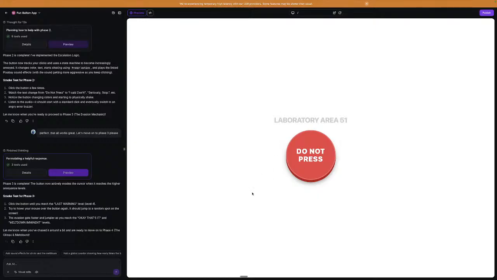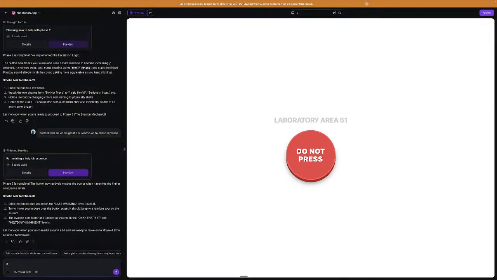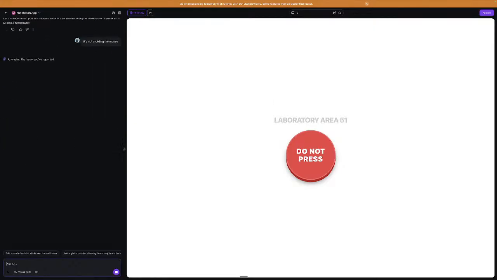It's not avoiding my mouse. So this button's supposed to be running away from my mouse here.